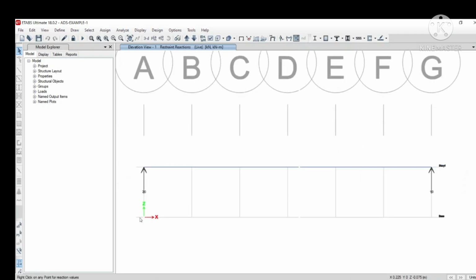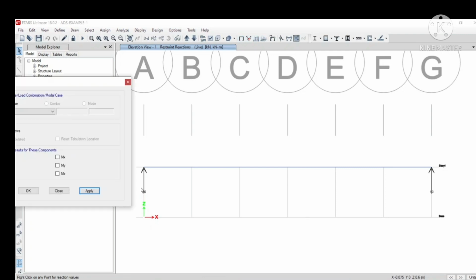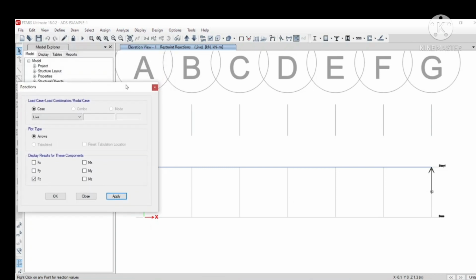Yes, right now we can see the reactions. So due to the load and 30 kilonewton load what we have applied, we got 20 kilonewton as the RA and 10 kilonewton as the RB. So this is our support reaction.